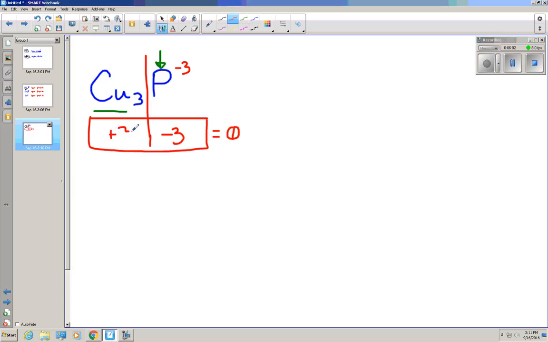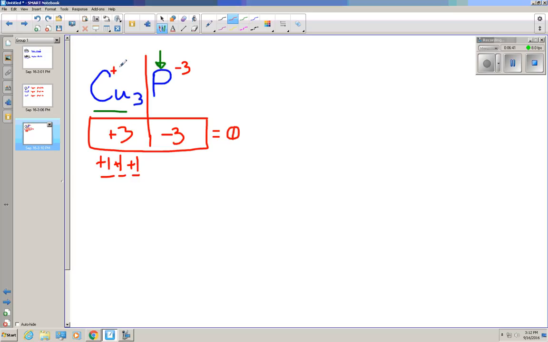Now, keep in mind, a lot of people see a 3 here for copper and they're like, oh, copper's a +3 charge. Well, is it a +3 charge? And the question you want to ask yourself is, how many coppers are here? And if you look at this, subscript 3 refers to the fact that there's 3 coppers. So technically, this +3 charge is actually being split 3 ways. And the only way we can do that is if each copper atom in there gets a +1 charge. 3 +1 charges added together gets me a +3,